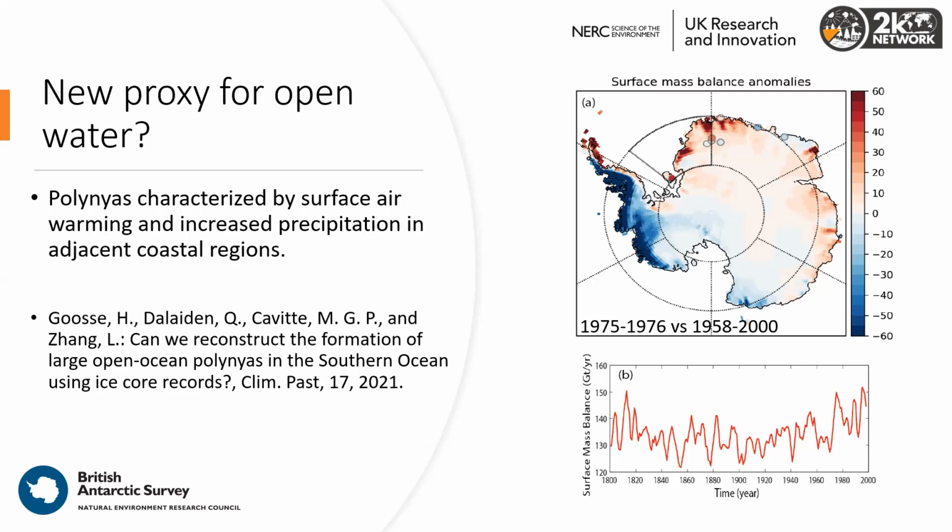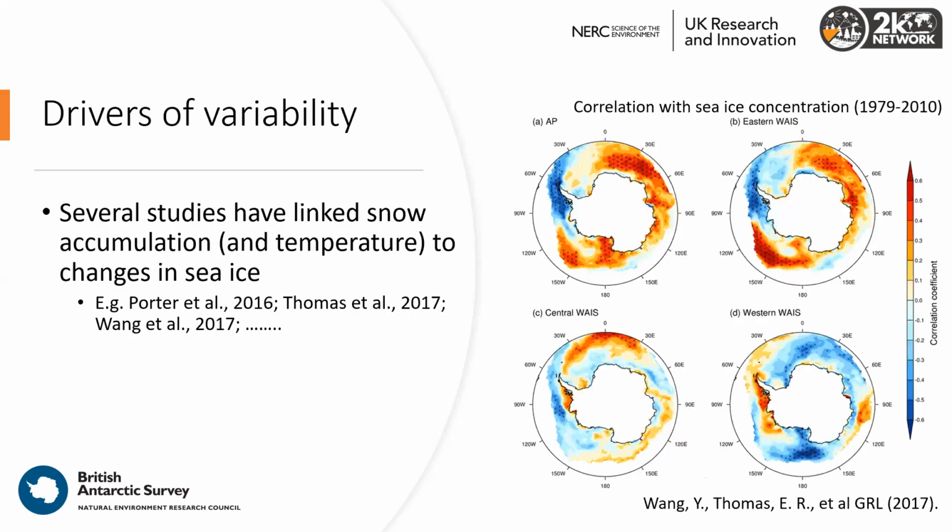So this is reflected in a positive surface mass balance around the coast of the Weddell Sea. And so this has been used as a fingerprint to take this back further in time to try and understand how the frequency of this open water has changed. And so this idea that snow accumulation is influenced by open water and hence sea ice changes has also been proposed in numerous studies looking at the relationship between changes in sea ice and changes in surface mass balance and